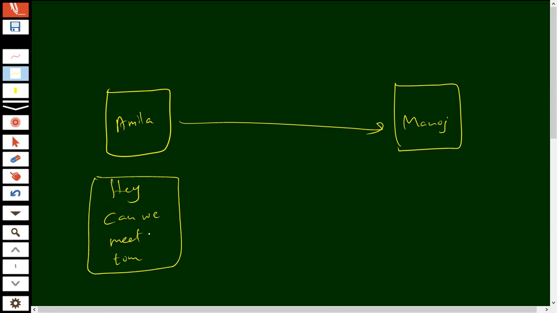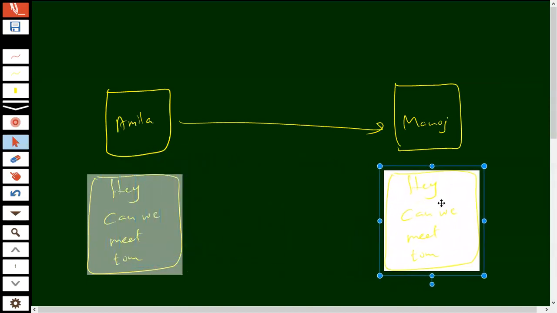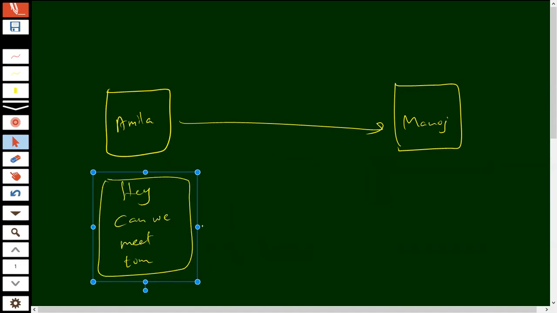It is a secret message, right? Now I'm going to meet Manoj secretly tomorrow. Then I want to send this message secretly throughout the network. And I store this message inside the database also, right?